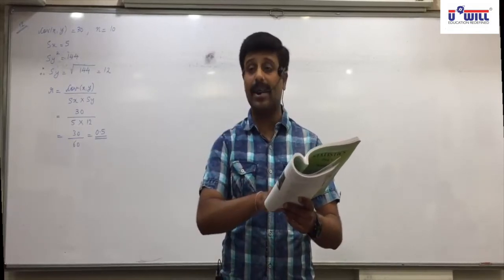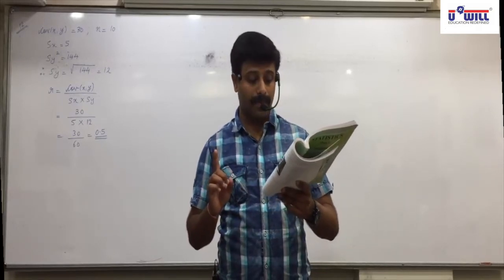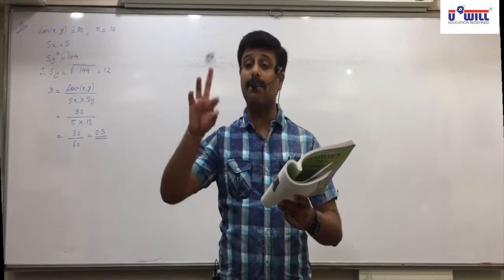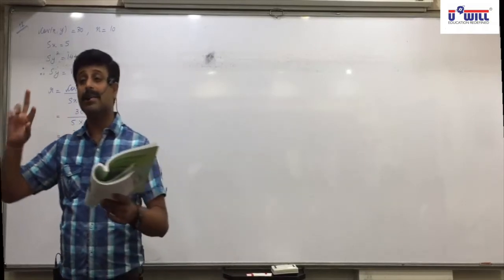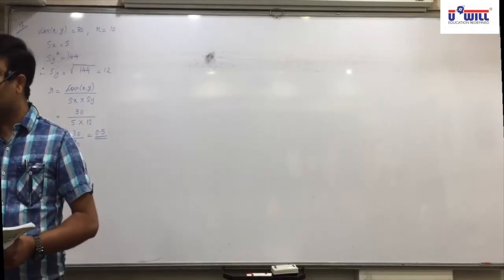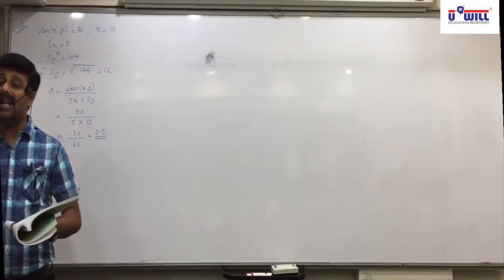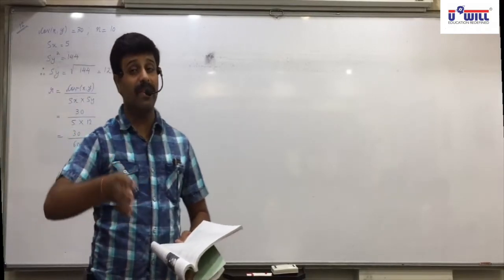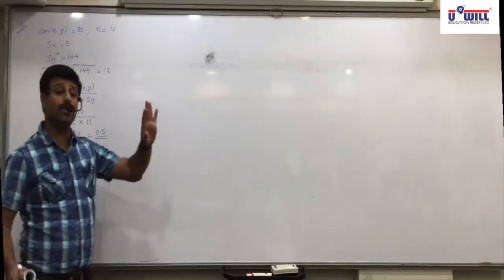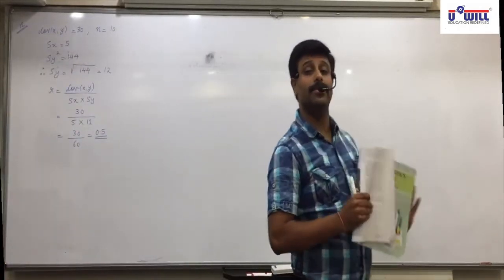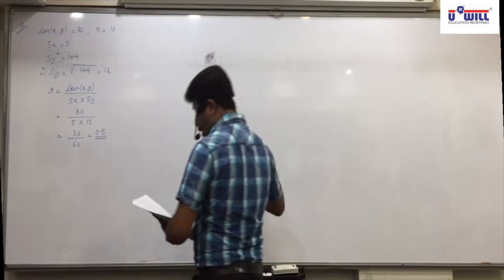How will you find correct sigma XY? Disha? 3090 minus 60. Yes, sigma XY means we'll subtract product of X into Y. So 10 into 6, what will we subtract? 60. Did everyone of you understand this? Anyone having any doubt in it? All are clear up till here? After we find the correct values, then we will apply formula number 4 with correct values. Okay, so let us solve this question. Anyone who wants me to explain this question again, raise your hand. All are clear with this question? Yes. So mark it important.